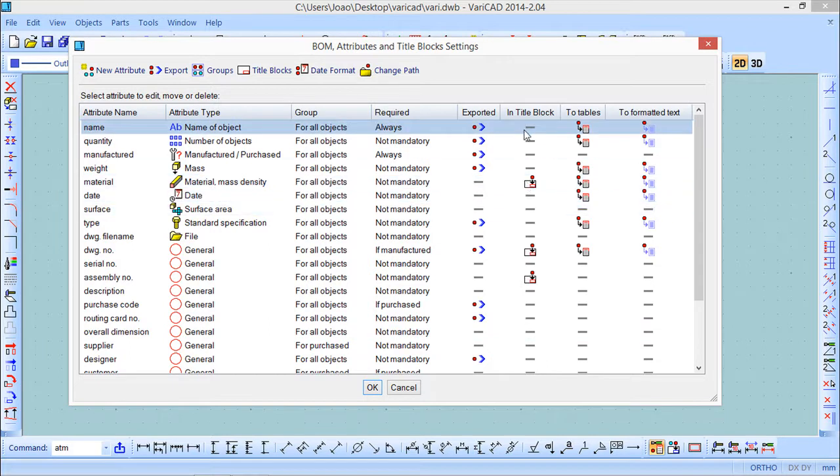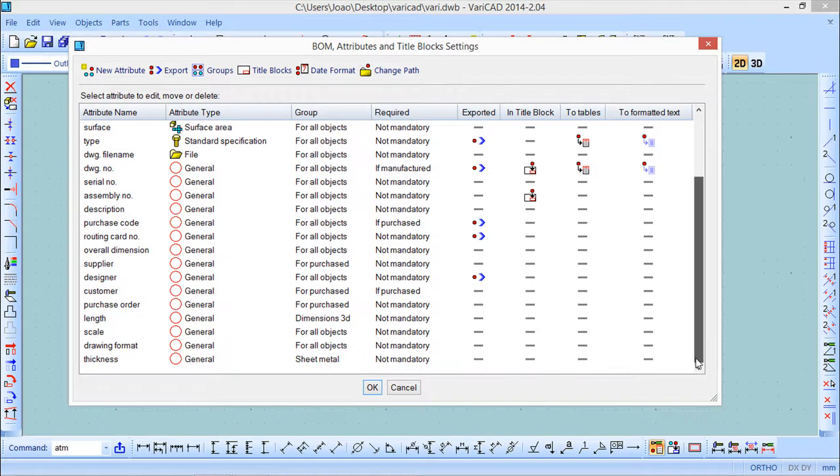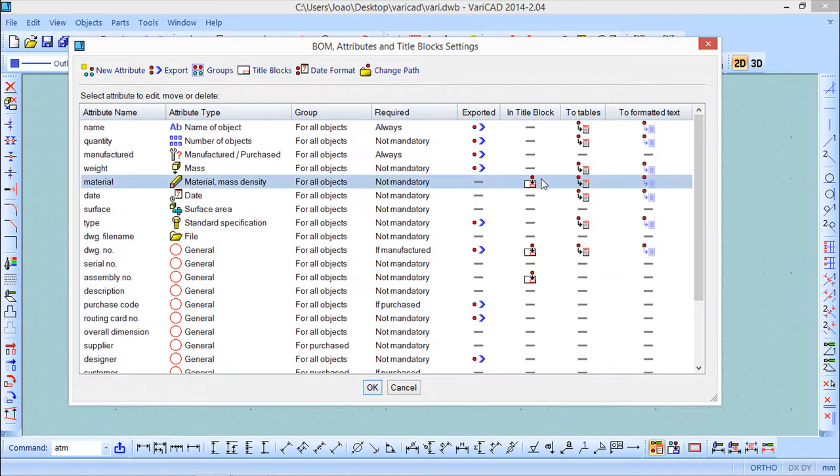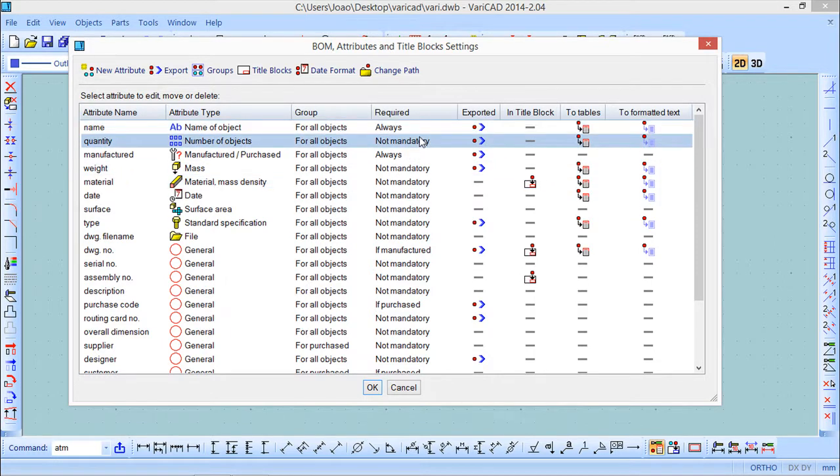So you can see that in title blocks only some of these attributes are used, in this case 3 only. So I'll try to make a new definition and show you how to work with this. So the first step here is to go to this function, title block definition,